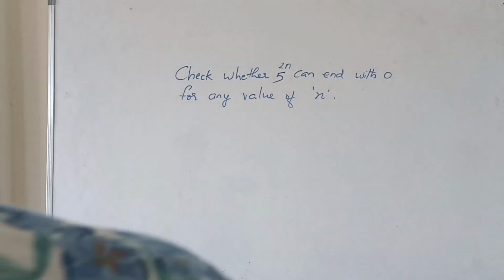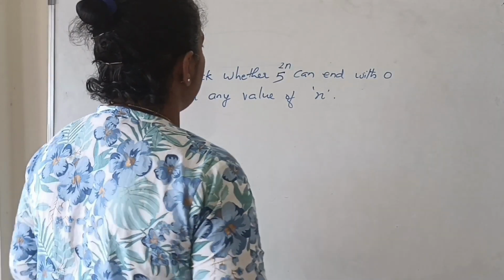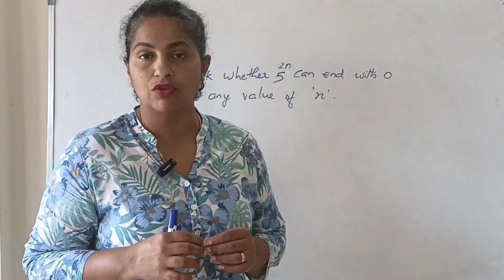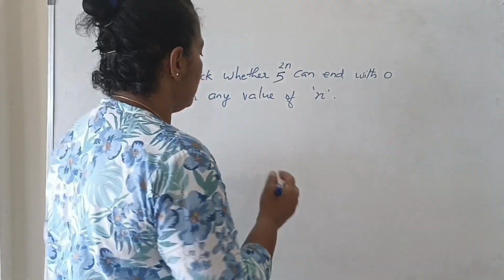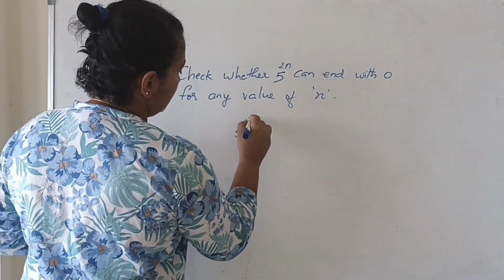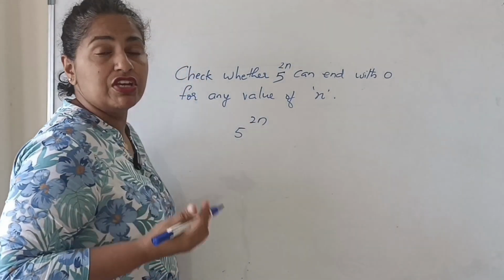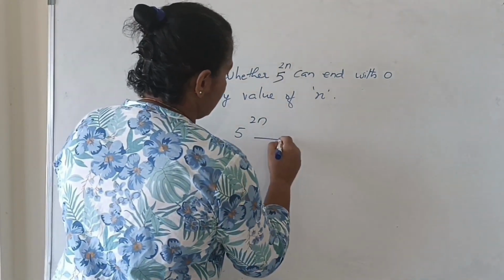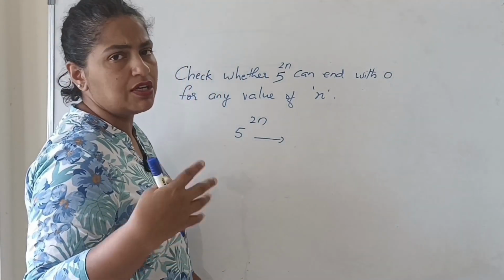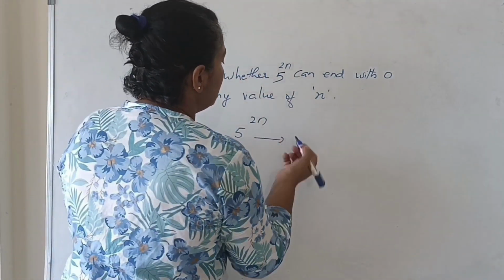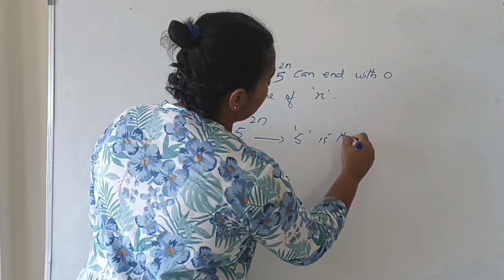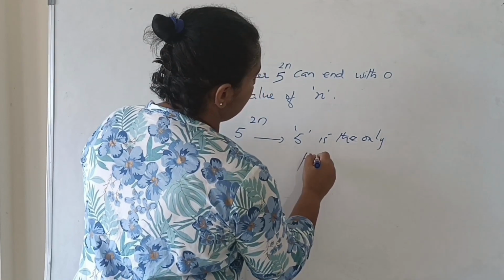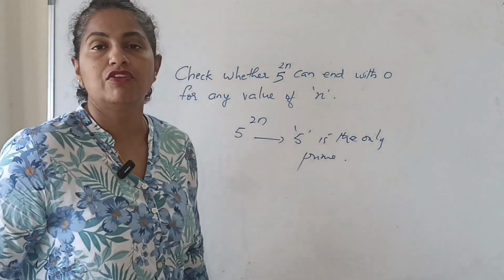Here you have our second sum. Check whether 5 raised to 2n can end with 0 for any value of n. Okay, again it's the same concept, I am not going to repeat it. So 5 raised to 2n. What are the factors which are involved in 5 raised to 2n? I can say that it is 5 and 1. 1 is not considered as a prime, so it is only 5. So 5 is the only prime that is involved in the factorization of 5